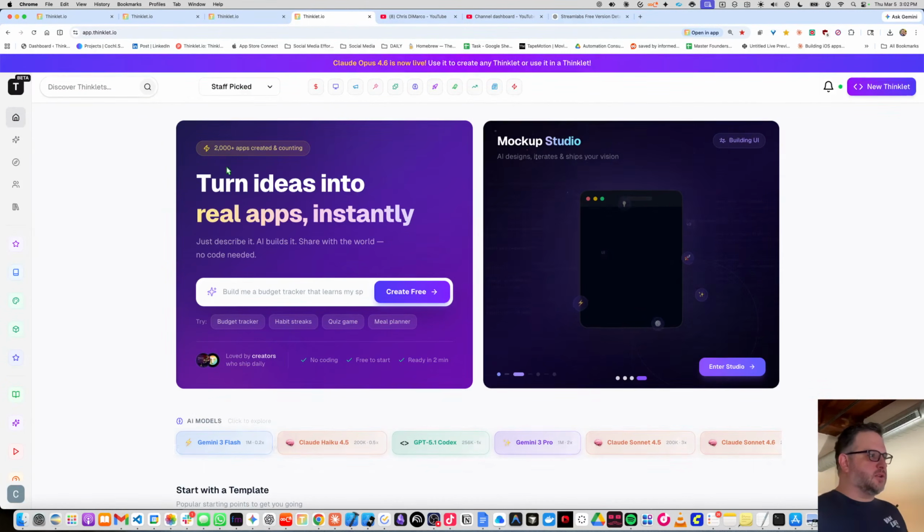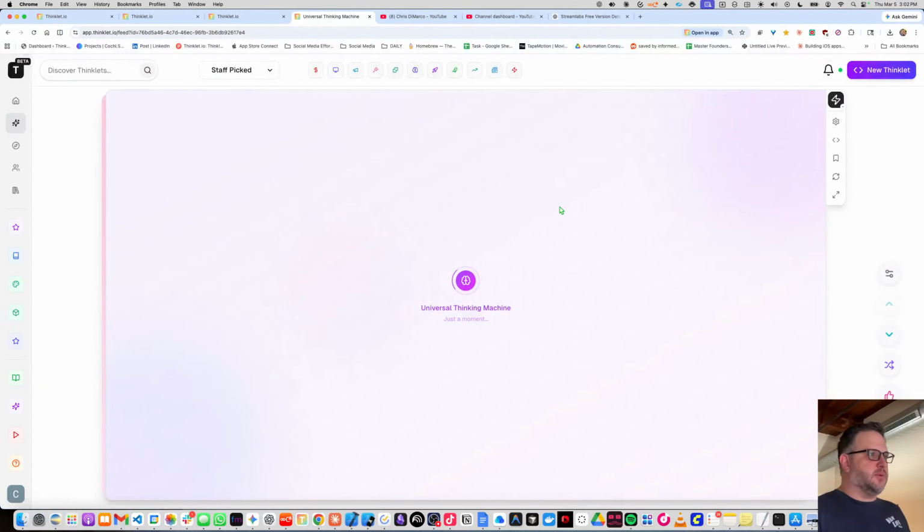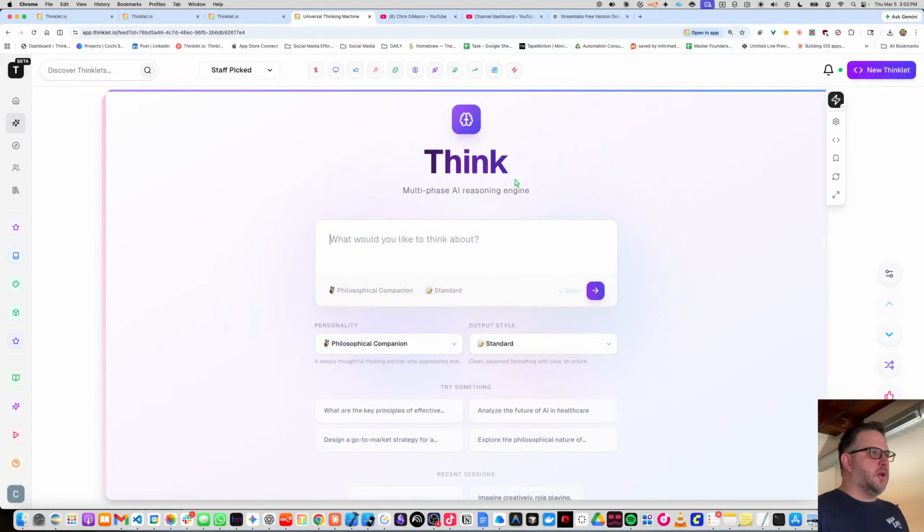And let's just scroll down. Let's take a look around here, trending this week. Let's just click into a Thinklet right now. Okay, so I really like this one. This is a kind of reasoning Thinklet that does so much. I'm going to show you this in a second. This is really cool. But if we click on the gear icon at the top right of any Thinklet,